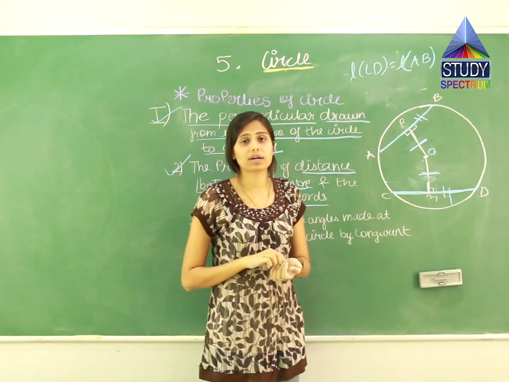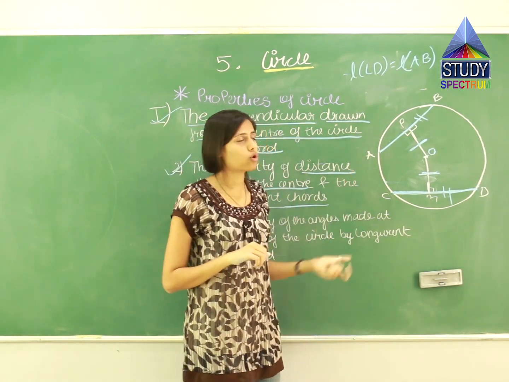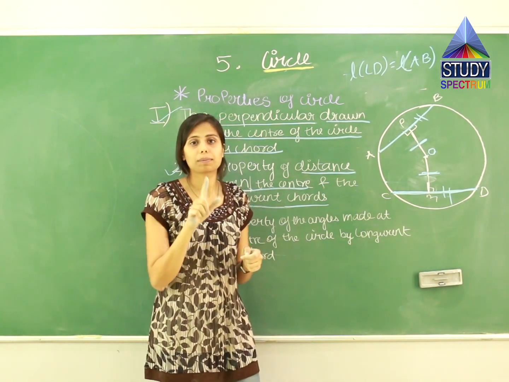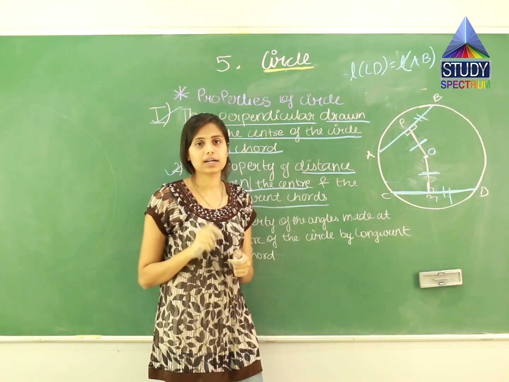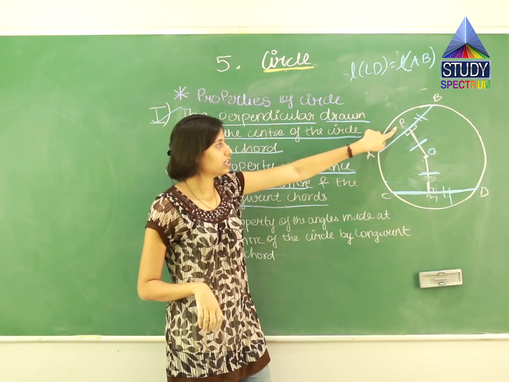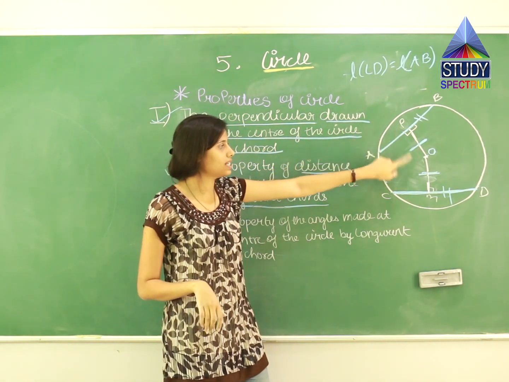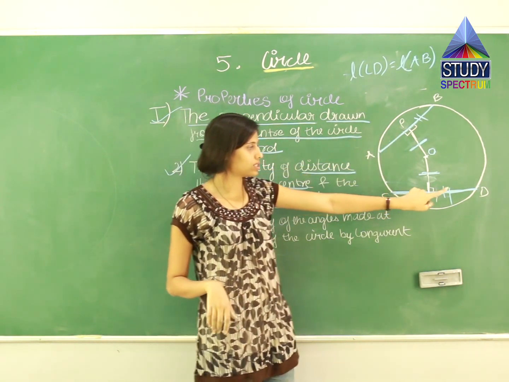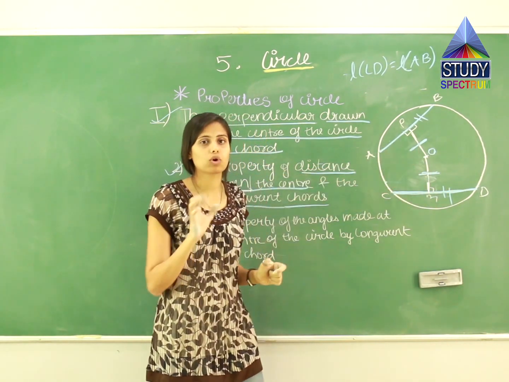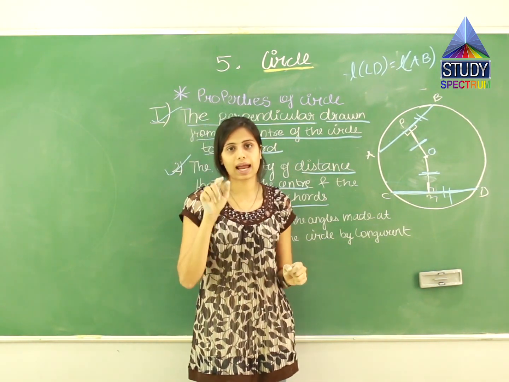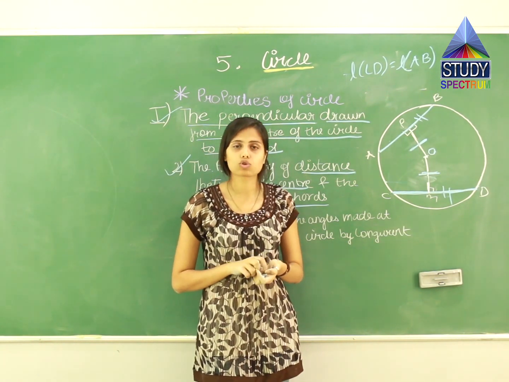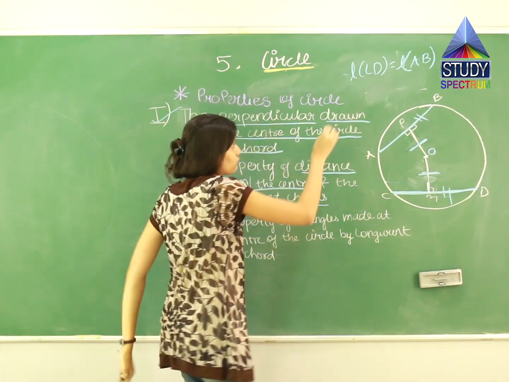So this is what the second property tells to us, that if two congruent chords are drawn and a perpendicular from the center to both these chords are drawn, the perpendicular drawn from the center and touches the chord are of equal length. Over here center O touches the chord AB at P, so OP is equal to the other chord CD and the segment OM. Means what? OP is equal to OM because both these chords are equal in length, and from the center O we have drawn perpendicular joining both these chords. So OP is equal to OM. So that is the feature.